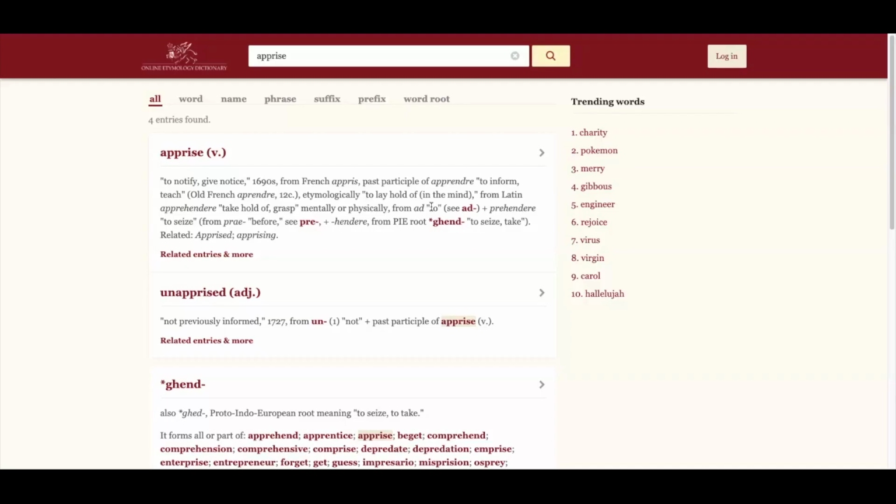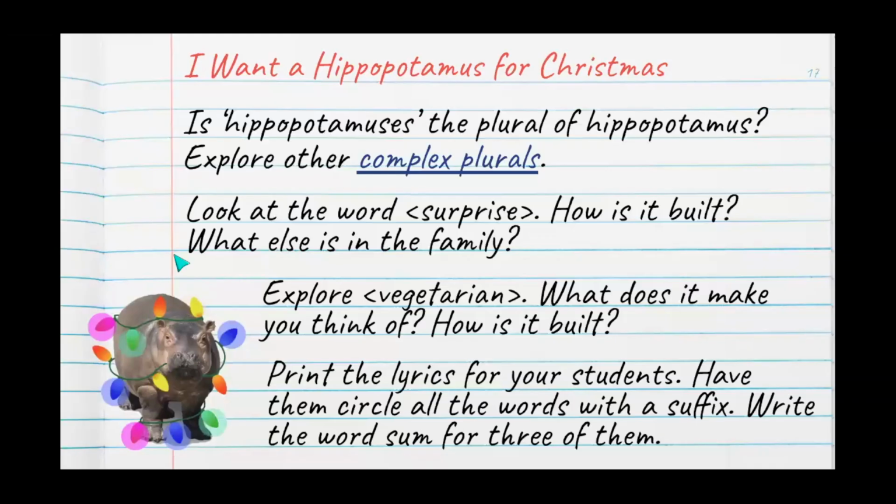So it's really not adding a lot there to the actual meaning or sense of the word, which is kind of interesting. Now, do you need to go this deep with the average kiddo? Maybe not. But it depends on your class and what they're capable of handling. So that's where you decide,